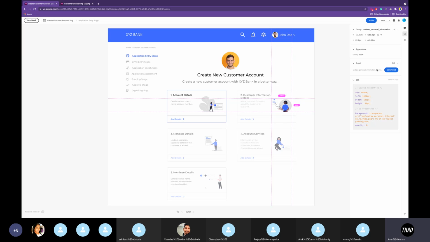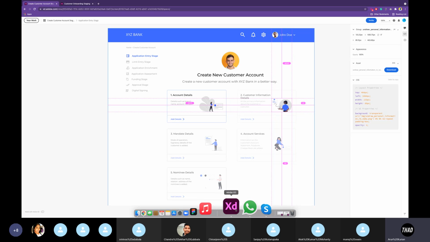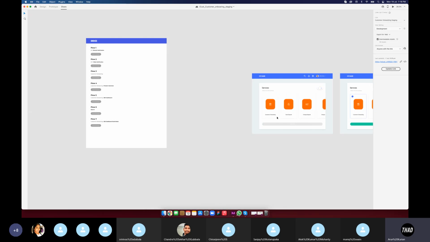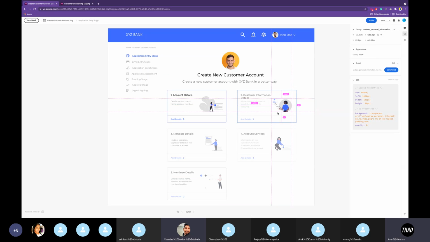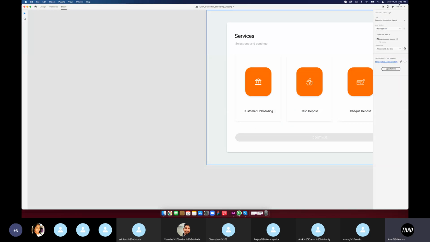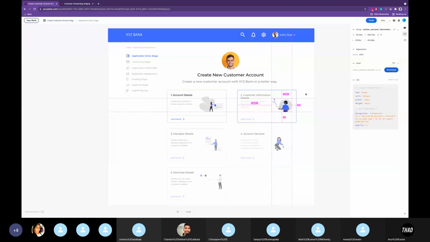What I meant to say is, if you want to build something like this, you need to do it in the tool. So if you want to change anything, you need to do it here. Then you need to update it. Then you will be able to see the link. Any updating on the application will automatically trigger the change in this link. Yes, but you have to do it manually. So after every update, you just need to update the link. Okay. Then you'll be able to download it.